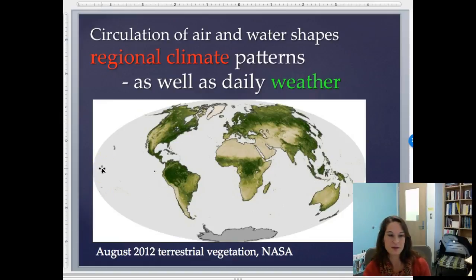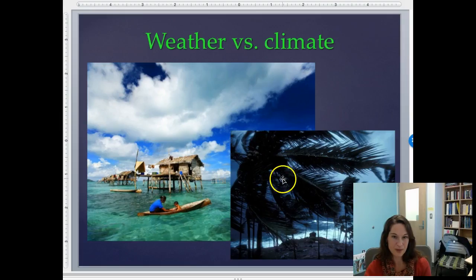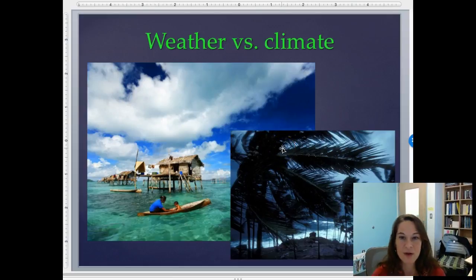And all of these things, global atmospheric and oceanic circulation, determine regional climate patterns. So where you are in terms of those rising and cooling air masses, and where you are in terms of deep cold versus warm surface water going close to the continent, that determines patterns of daily weather, which eventually becomes climate. So weather versus climate, everybody should know this intuitively, but obviously weather is what's happening on a day-to-day basis,